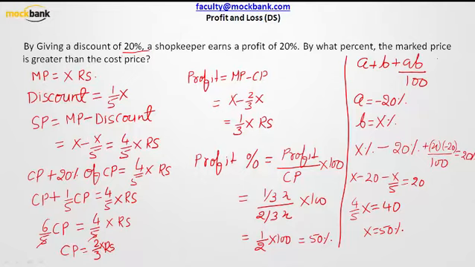So always remember that a plus b plus ab over 100, if it gives a positive value, it is an increment. If it gives a negative value, it is finally a decrement. That is where we have to be very, very cautious. You can compare these two methods. Whichever you are comfortable with should be applied, but the idea is to nail the problem in the shortest possible time. I hope you have understood what I'm talking about.